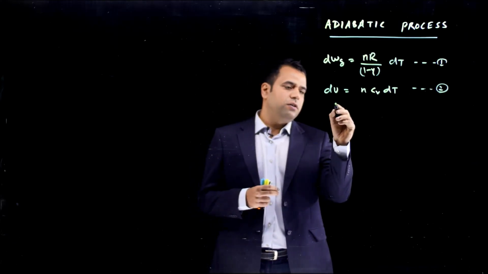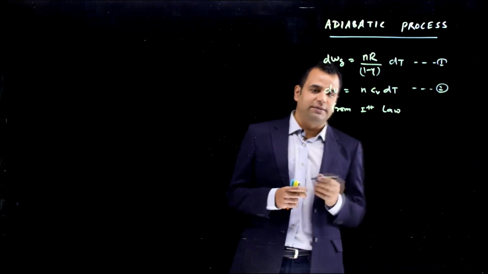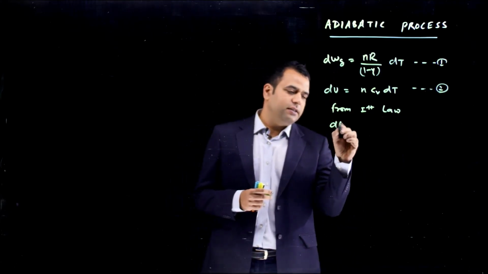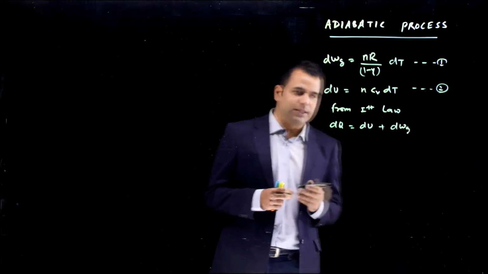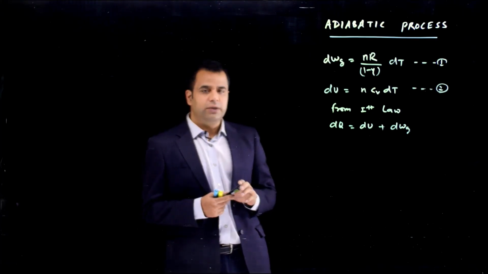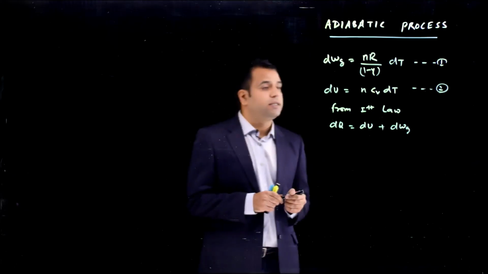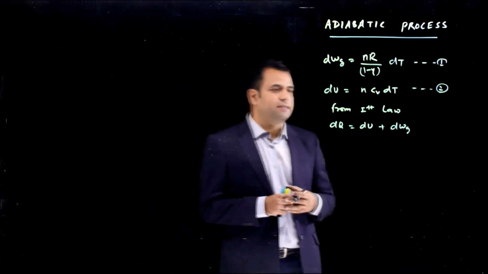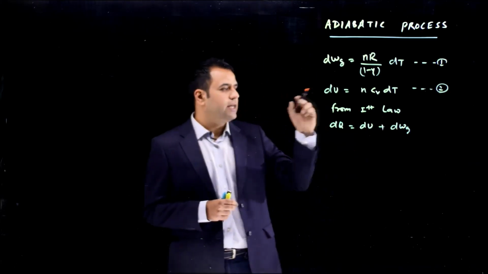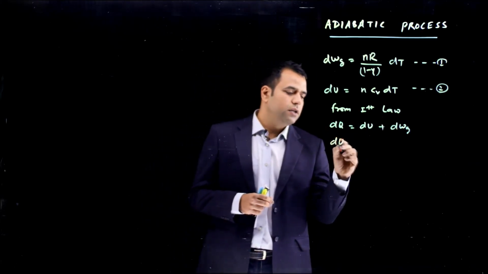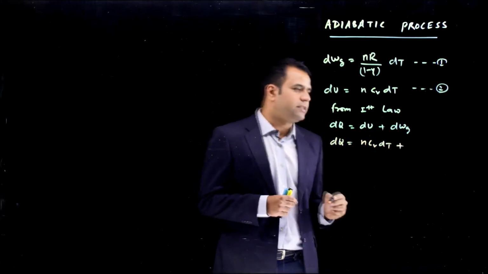So, now from the first law of thermodynamics, if you see, dq is du plus dwg. That's your law. Where dq is the heat given to the system, du is the change in internal energy of the system, and dwg is the work done by the gas or work done by the system. So let's, from equation 1 and equation 2, replace the values for dwg as well as du. So dq will be equal to n Cv dt plus